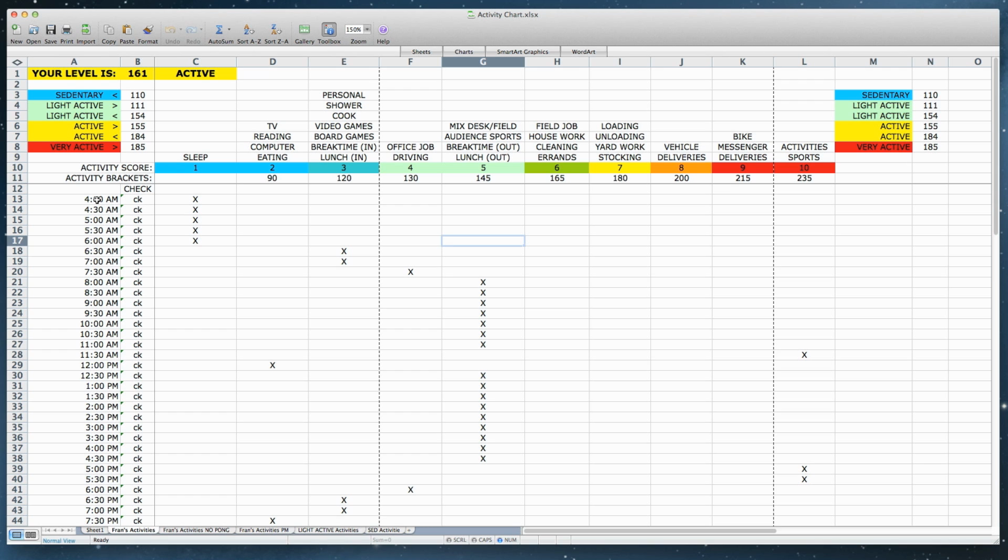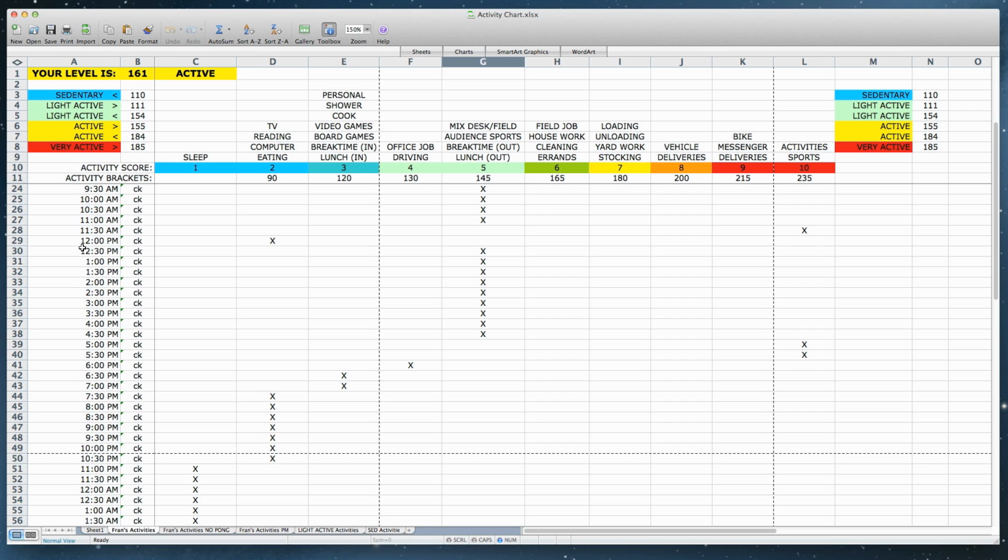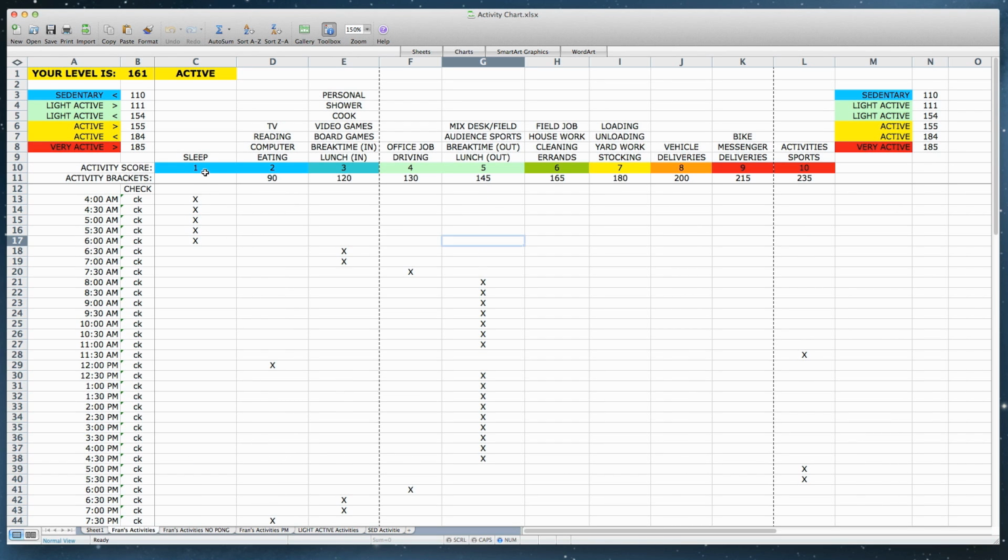Basically, the way I did the form is I created 24 hours down this column, column A, and then I created basically your energy expenditures going this way. Starting with the least amount of energy, which you would do in sleep, going all the way up to if you're doing other kinds of activities and sports. Again, nothing scientific, it's just basically me putting these in their categories, and they won't fit everybody, but typically it